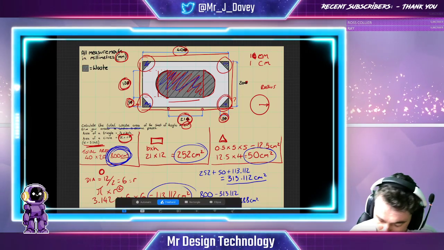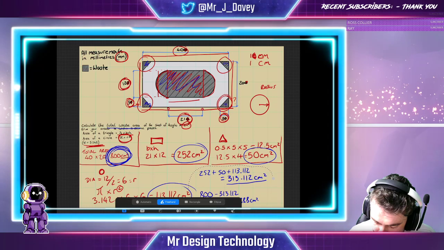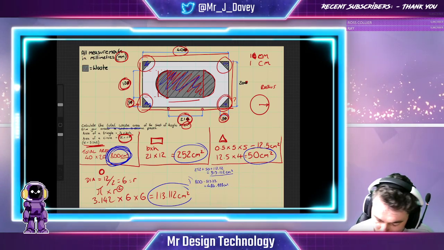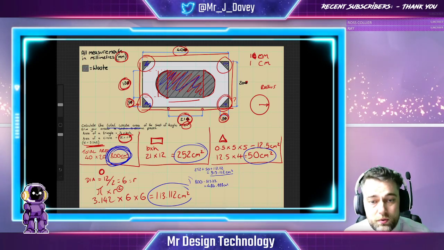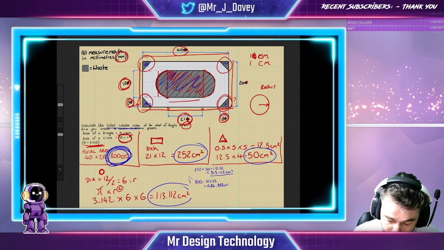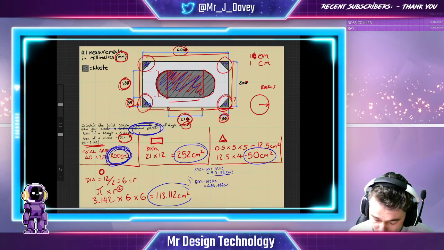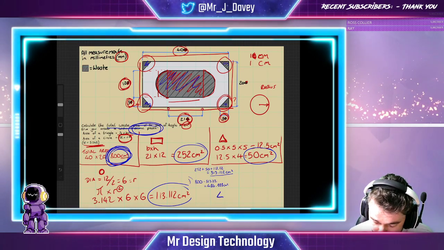Now, trouble is that that is not how they wanted it to be given to us. So, they wanted it as 2 decimal places. They said it quite clearly over here. They want it to 2 decimal places. So, what am I going to do? I'm going to go